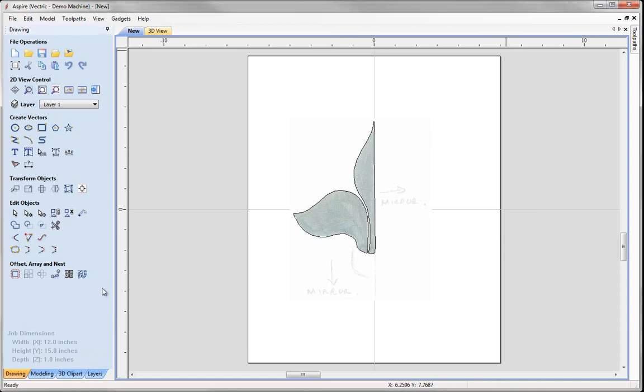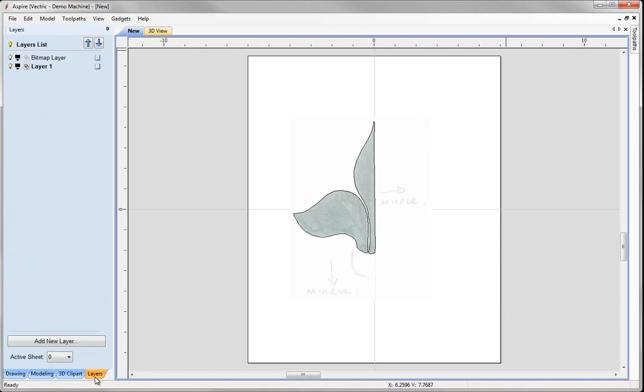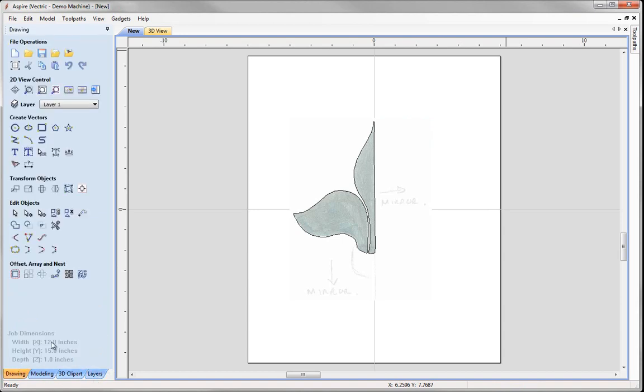Next, I want to switch off my bitmap layer. We don't need that anymore. We now have two ways to access the layers in Aspire 4. We can do it from the Layers tab down the bottom here, or if we go back to the Drawing